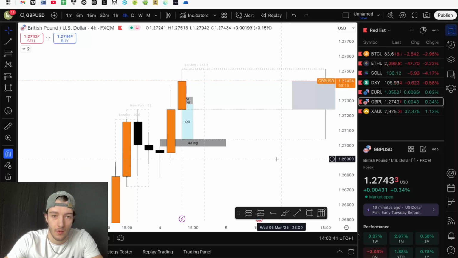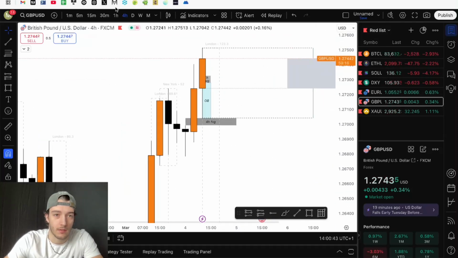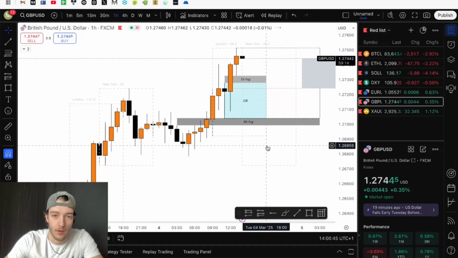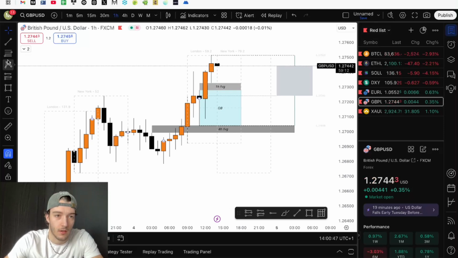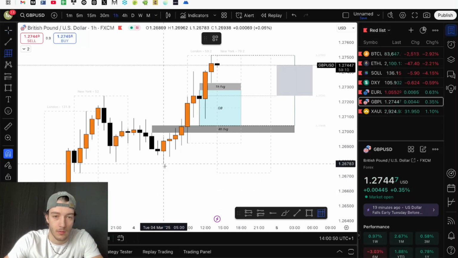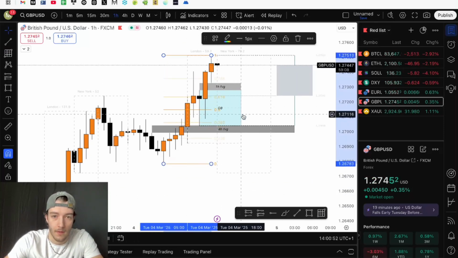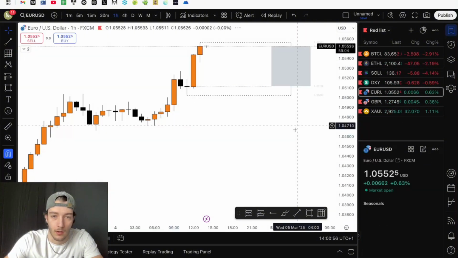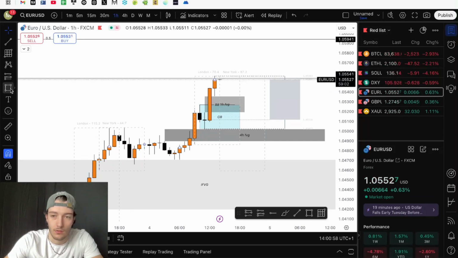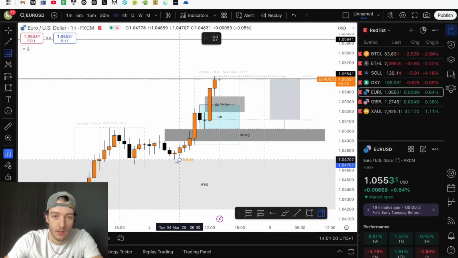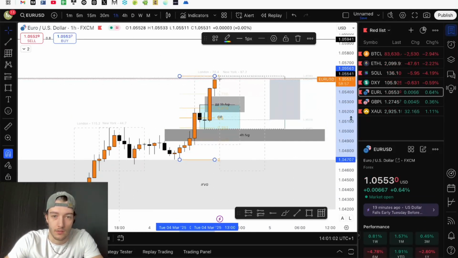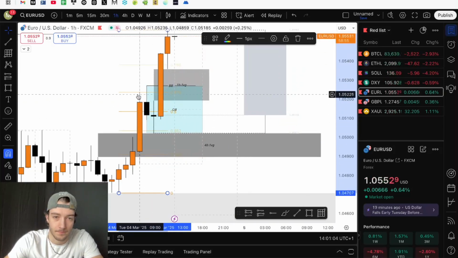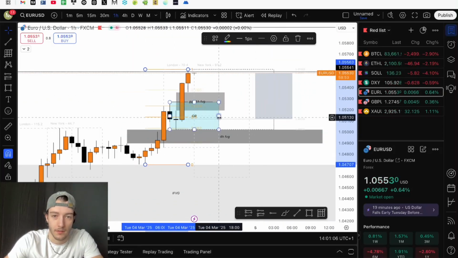So we could, let me see on equilibrium where we are currently. On the equilibrium, yeah, I mean the discount level is inside our order block, and in euro the discount level is also inside the order block in this blue area here,